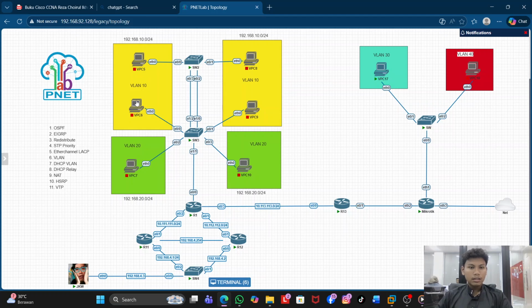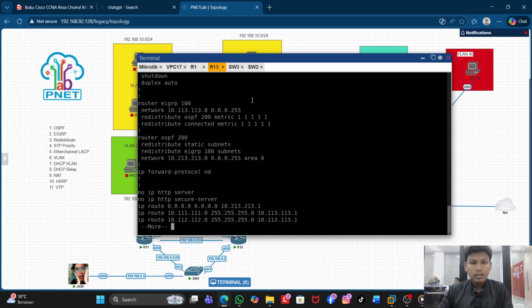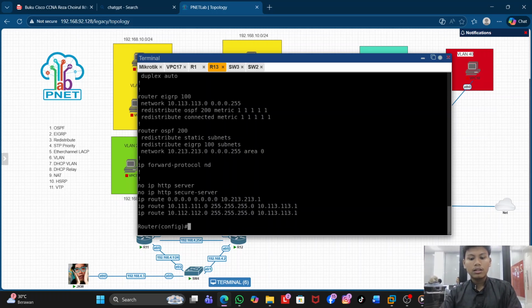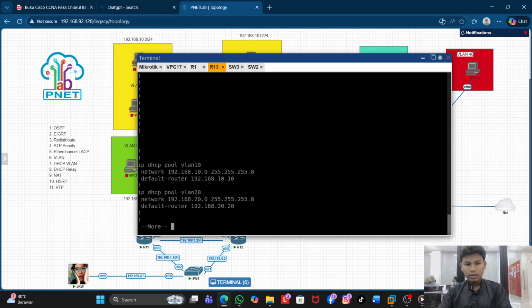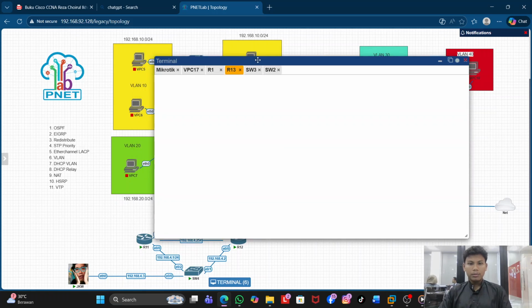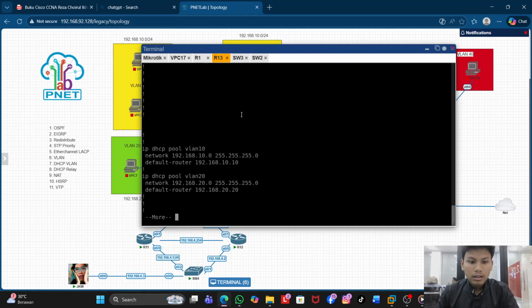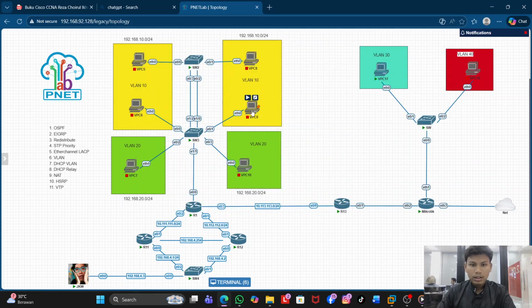Next, VLAN. As you can see there are VLAN 10, VLAN 20, 13 and 14, and that's all. And DHCP: I use DHCP in router 13. Show run. Here is the IP DHCP pool for VLAN 10 and 20, because 13 and 14 are static.